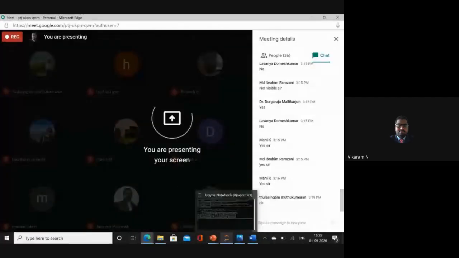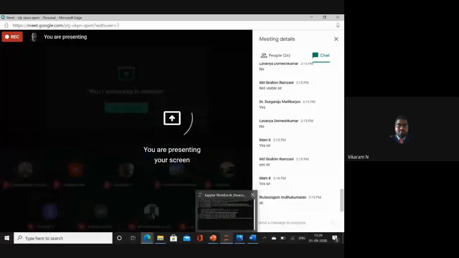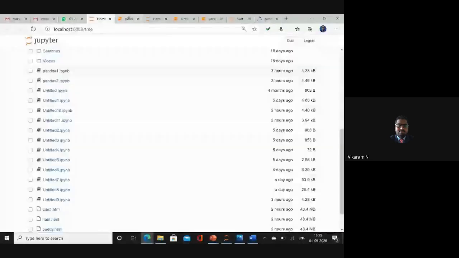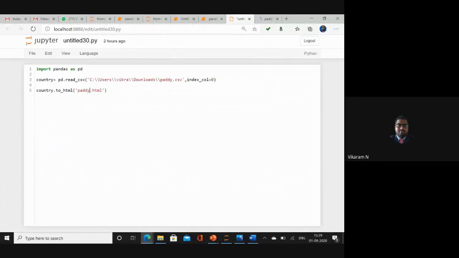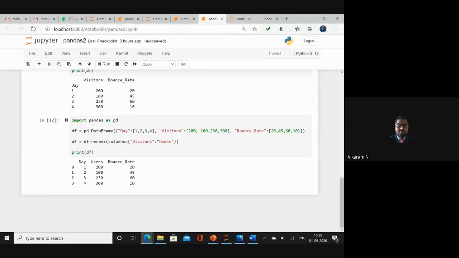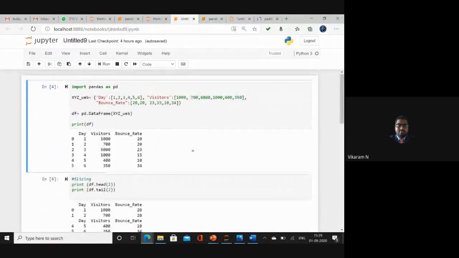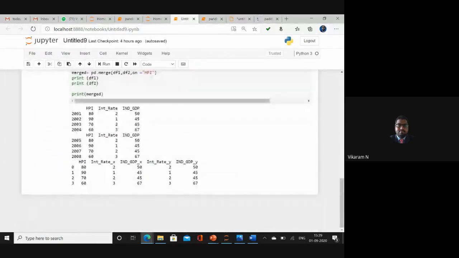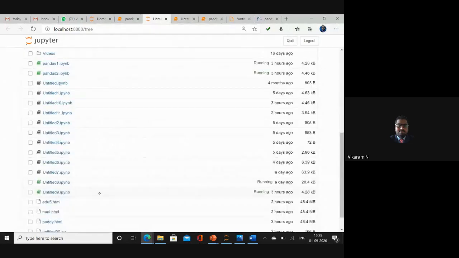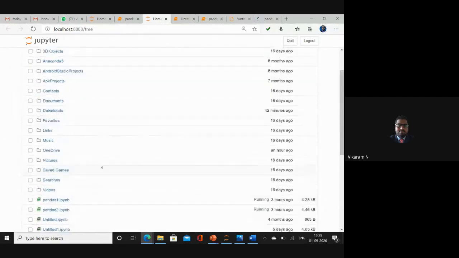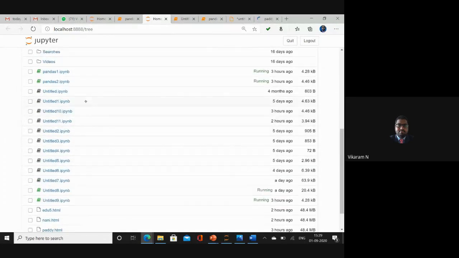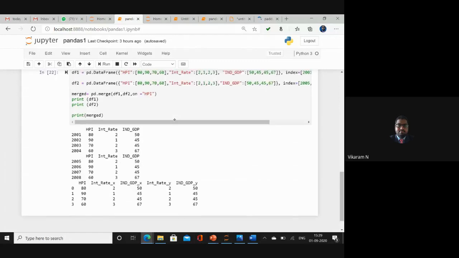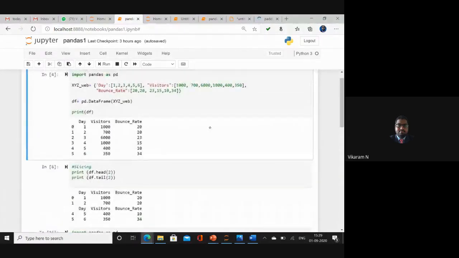Now you check my Jupyter page. So this is the path I'm using here. See, this is the Jupyter folder. Here you can see what things are there, all that which we have executed here.